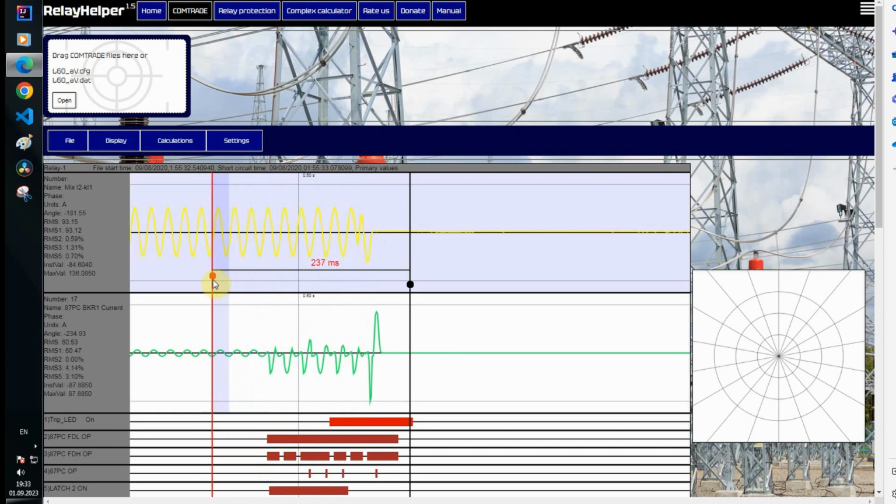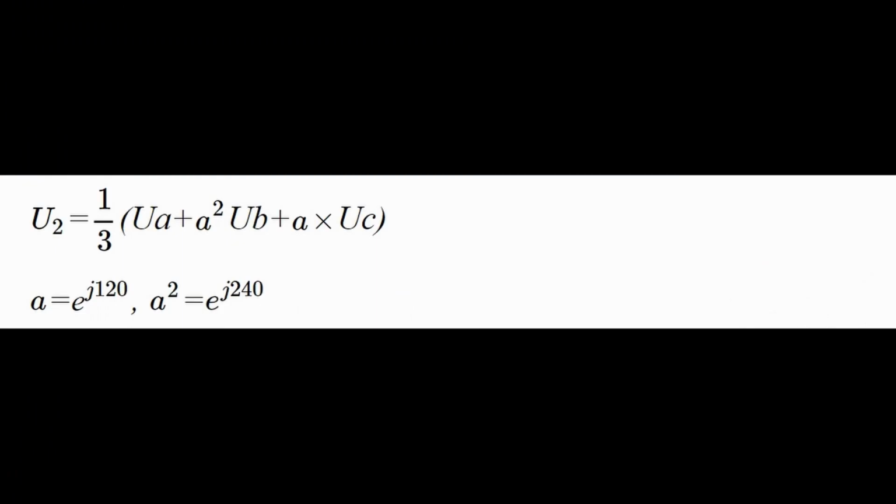Now I want to explain why there is a difference in what the relay measures and in the calculation. To do this, I need to show the formula for calculating the components of the negative sequence in complex form. Here A is the rotation operator. So, in order to get the negative sequence, I need to rotate the phase B vector by 240 degrees, the phase C vector by 120 degrees, and add all this to the original phase A vector and divide the sum